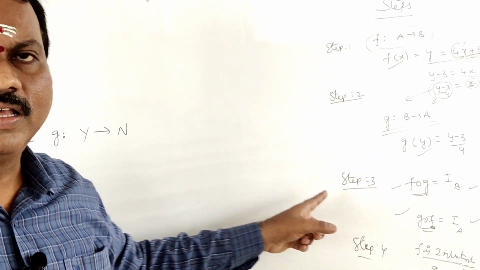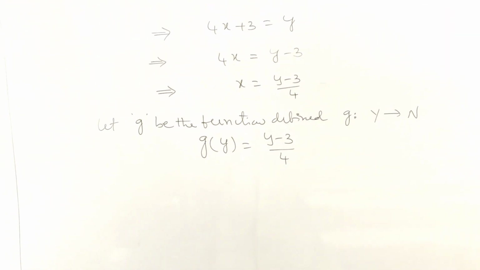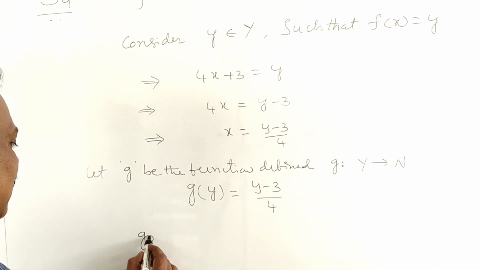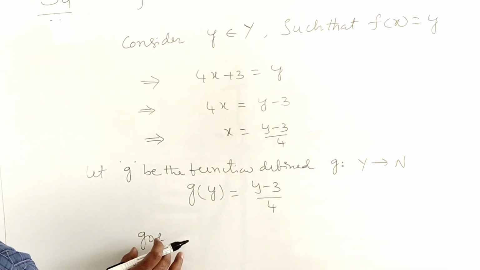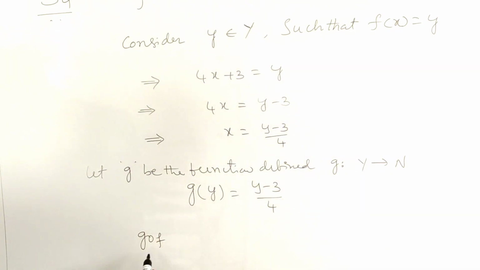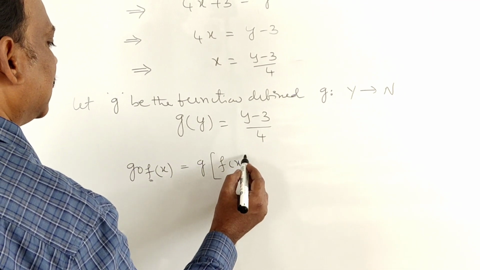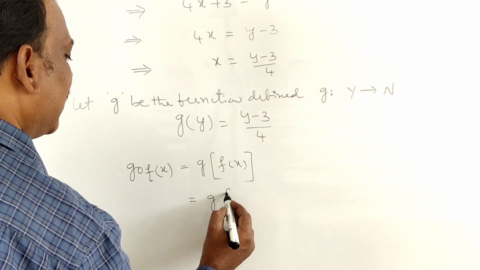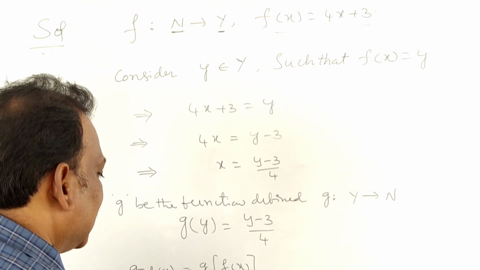Now we have to calculate the composite functions of f and g. That means f circle g and g circle f. Let me calculate g circle f first. What is the formula for g circle f? See, while writing, students, f is a function in terms of x, g is a function in terms of y. Here, what is the last function? That domain you always have to see. Here x, f of x. That's why I am writing g of f of x. So g of, what is the f of x value? This is the inside function. F of x is given as 4x plus 3.